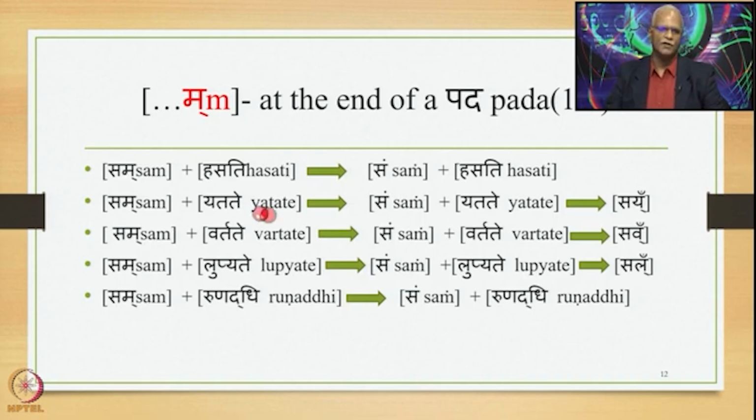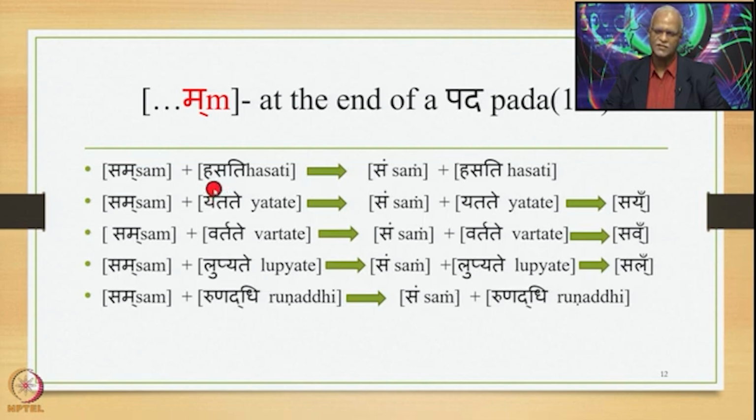So, for example, here we have sam plus hasati, where ma comes at the end of a pada. Sam is a preverb, and an upasarga in Paninian grammar is considered a separate pada, and so this ma comes at the end of a separate pada,